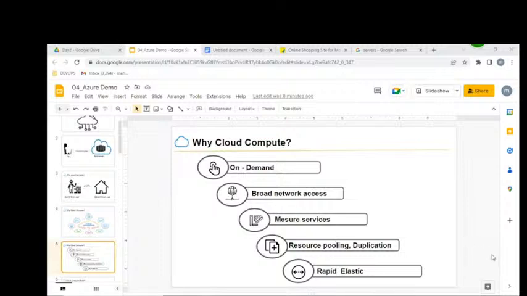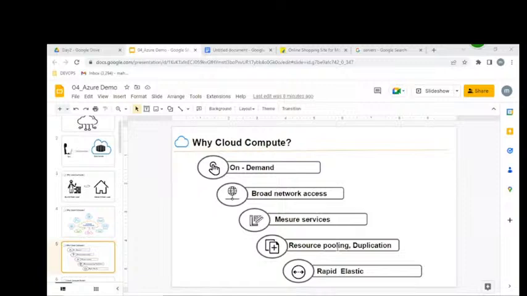Then resource pooling. Resource pooling is nothing but duplication. We have one original server, and from that original server we can duplicate. For example, we have one laptop here. Can you duplicate 100 copies by tomorrow? Physically, no one can.